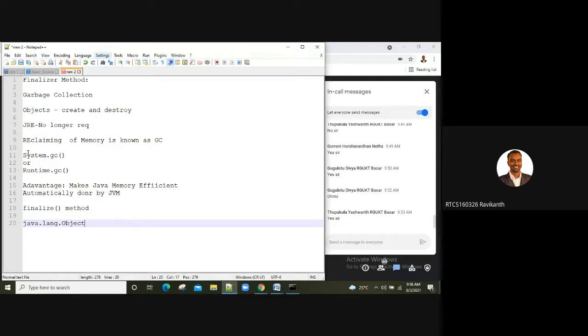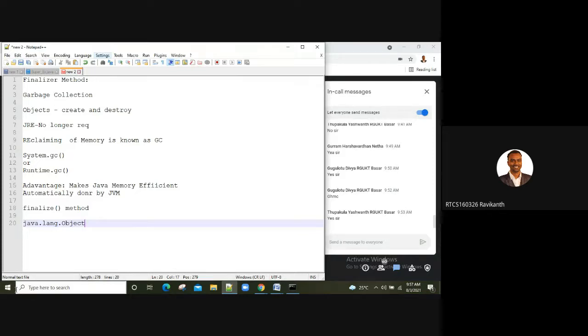Here also it is giving us a hint that some connections are open, and asks whether you want to close them. So this finalize method is going to be invoked each time before an object gets garbage collected. Is that clear, guys?